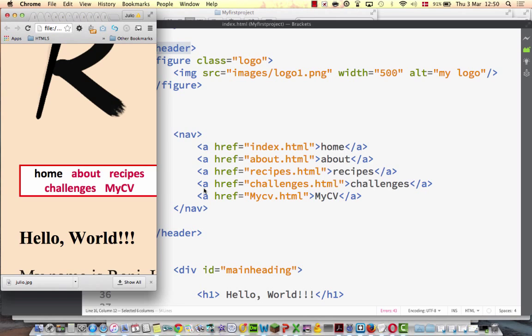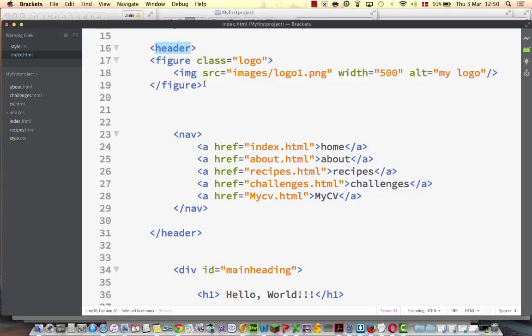Okay. So the size of the logo. The logo is the first thing here. It has a class of logo. You have given it a width in the markup. So it means that I think it will override the CSS that you might be doing on it. So I will remove that width,